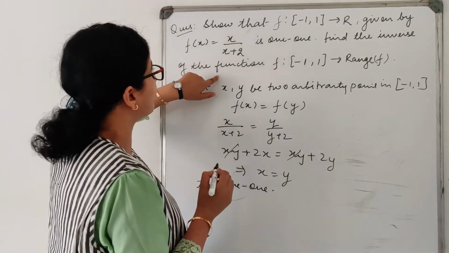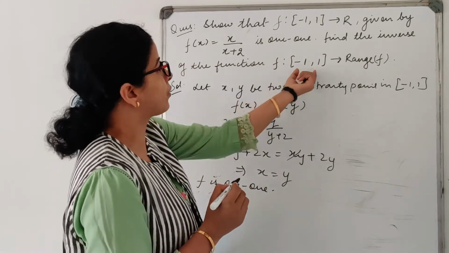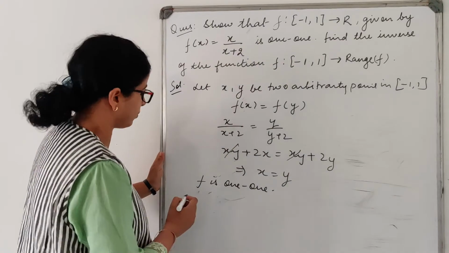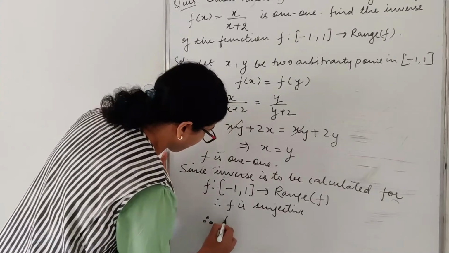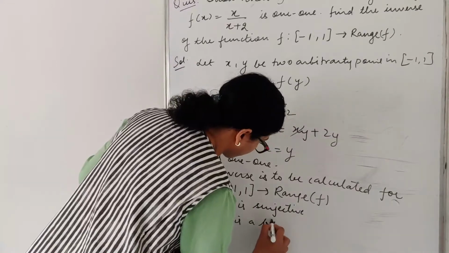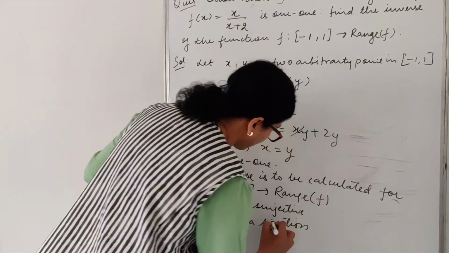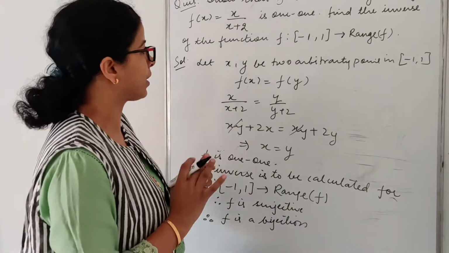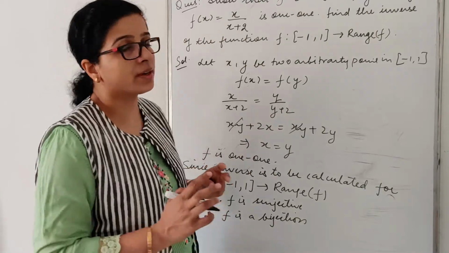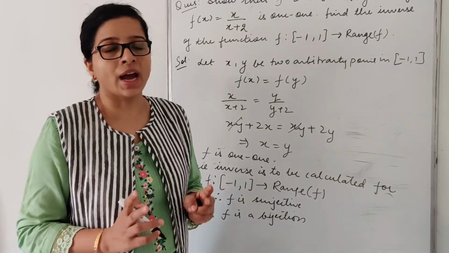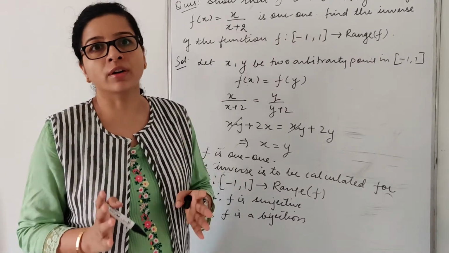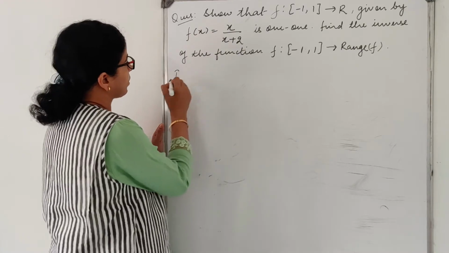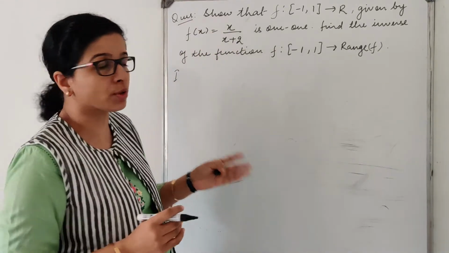Now since we have to find the inverse from the domain to the range, obviously f is onto. Hence f is a bijection. So whenever my function is a bijection, then I can find my inverse. Okay, so now how to find the inverse? There are two ways of finding the inverse. I'll tell you both the ways. Whichever way you are comfortable, you can do that method. So I am telling you the first method of finding inverse, which we have done in the previous question also.